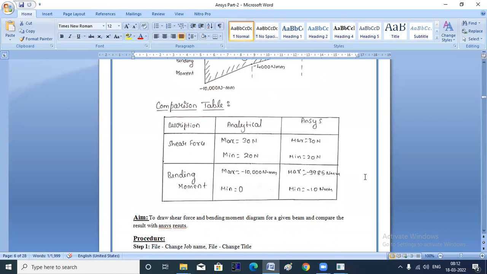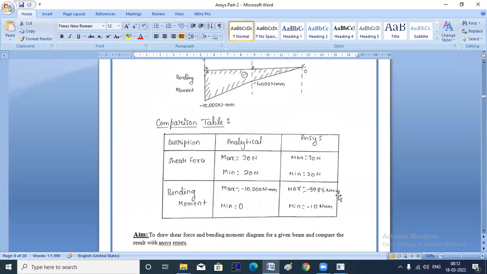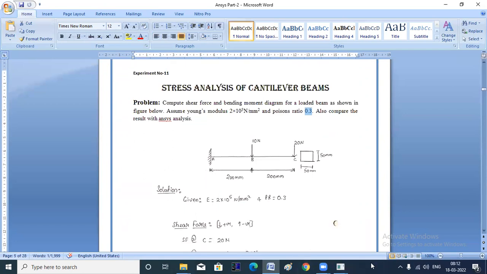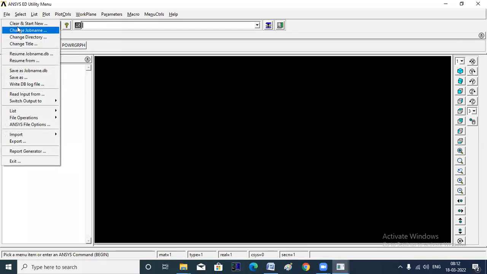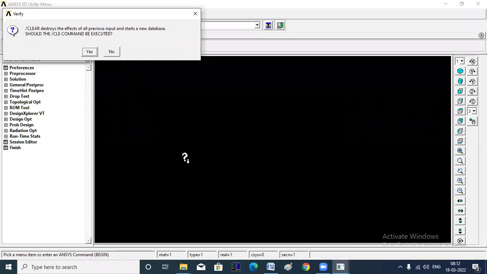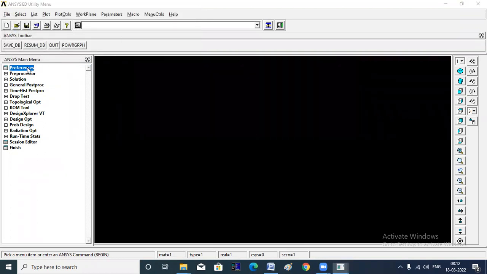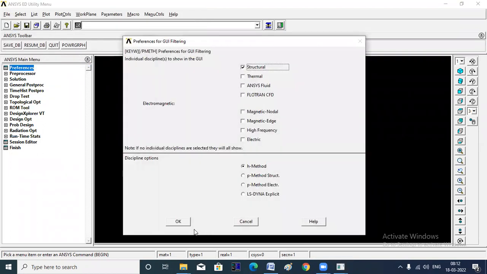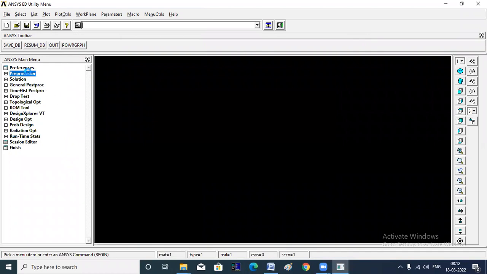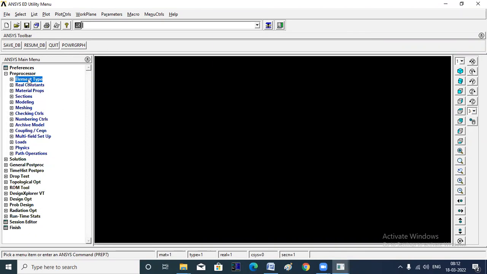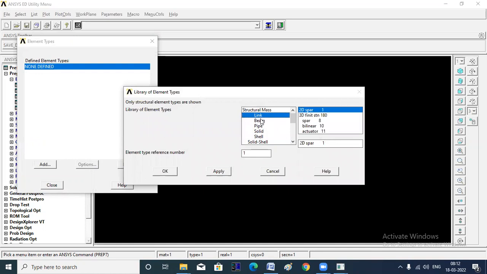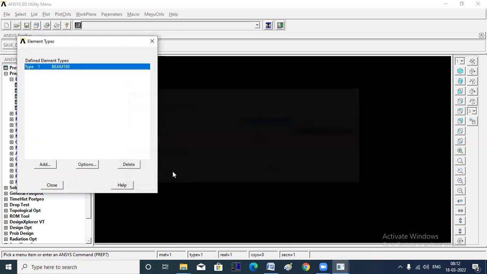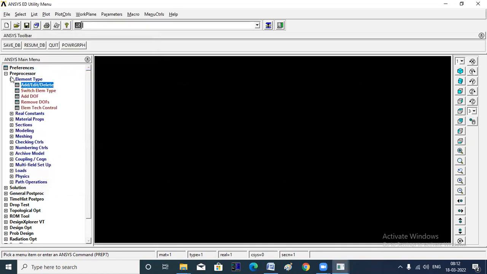Now the same thing we will solve in ANSYS and let us compare the result. Okay, so let us start. So again in ANSYS, go to file, clear, start new, do not read file, okay, yes, and go to preferences, structural, okay, go to preprocessor, element type, add, edit, delete, add. Now it is a beam problem, so select beam, 2 noded, 188, okay, close, minimize this,